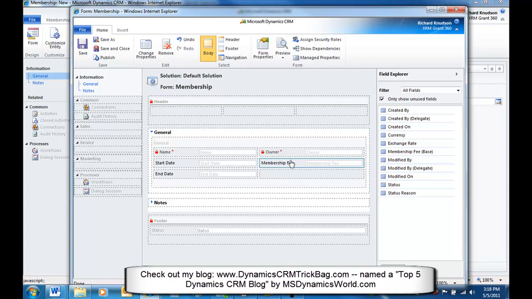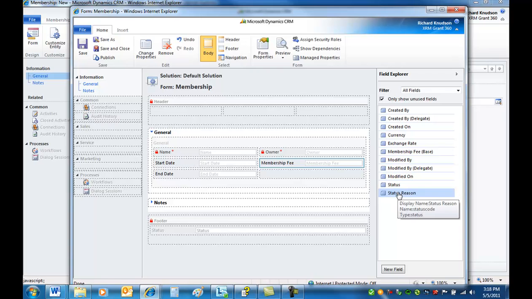Give myself a little bit more room here. And if I wanted to add status and status reason out here, I could do that, but to illustrate the point that we want to do, let's just leave those for now. Okay, so I've got my form, but how do I create relationships